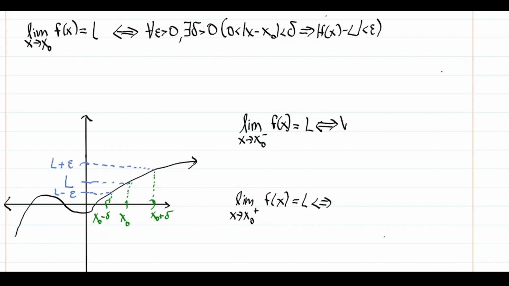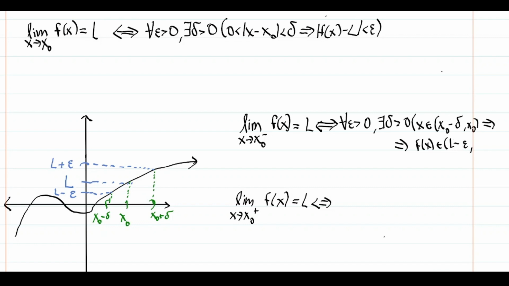So our new definition for side limits would be for all epsilon greater than 0, there exists a positive delta such that if x belongs to this interval, and of course you can use inequalities to tidy it up, then of course we have that f of x has to belong to our